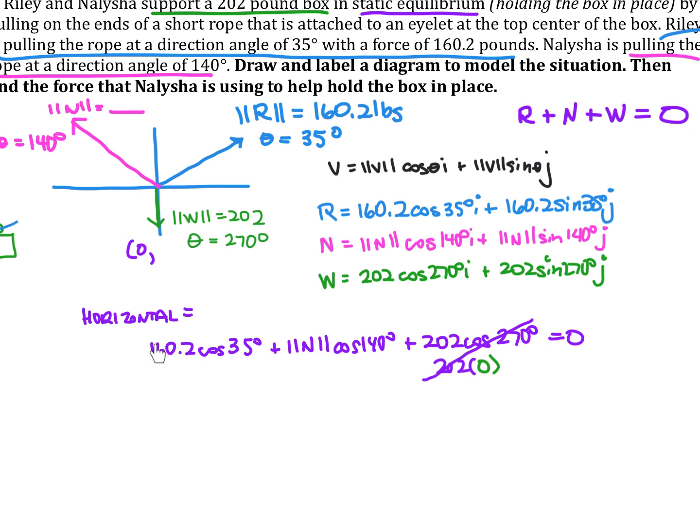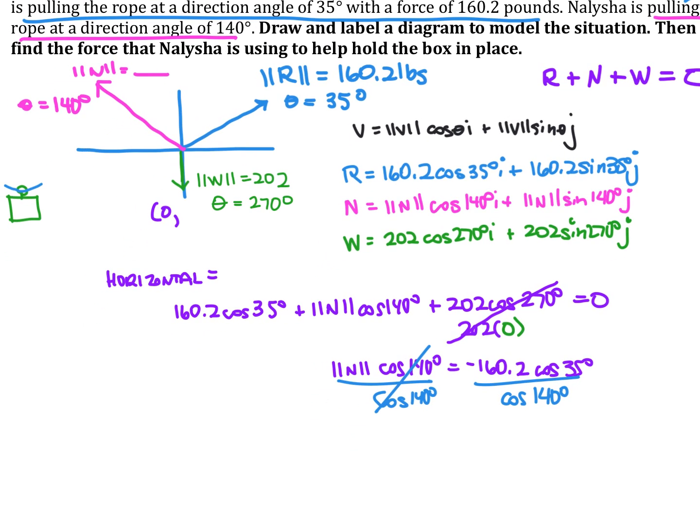So we're going to subtract 160.2 cosine 35 from both sides, and then we'll divide by cosine 140 to solve. So magnitude of N times cosine 140 degrees, subtracting 160.2 cosine of 35 degrees from both sides, and then dividing by cosine of 140 degrees from both sides. So when you go ahead and plug it in the calculator, you would get